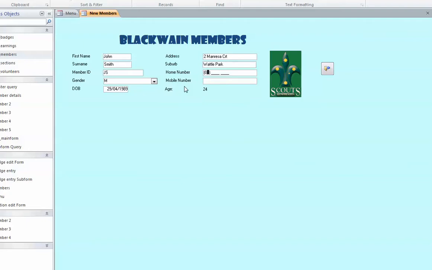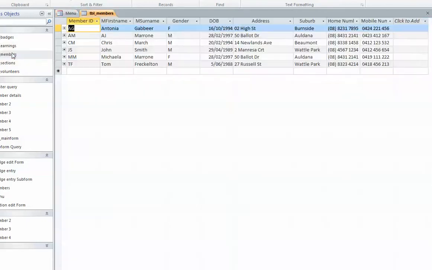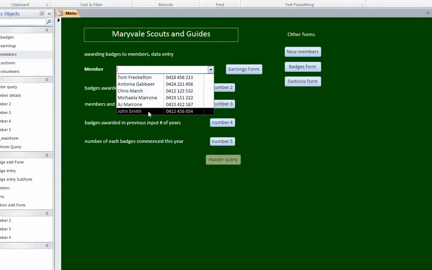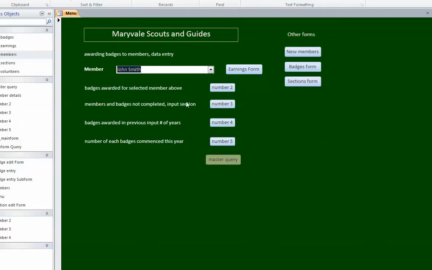His phone number is 0845671234. His mobile phone number is 0412456654. And if I look in the members table, we can verify that John Smith has been successfully stored. I can then choose John Smith from the drop-down list, which shows full names which have been calculated, and